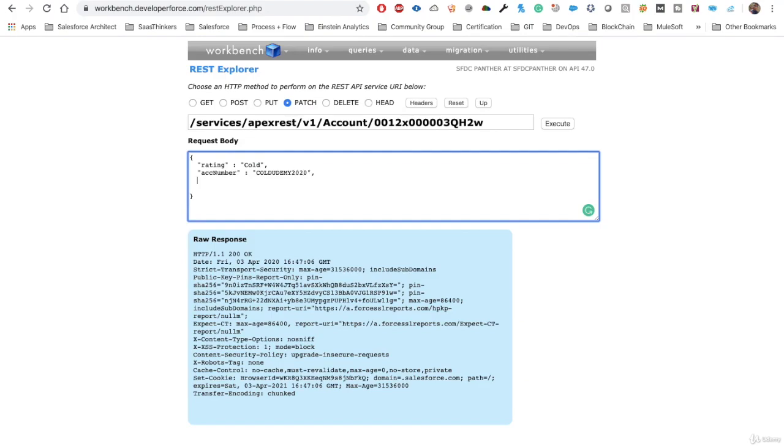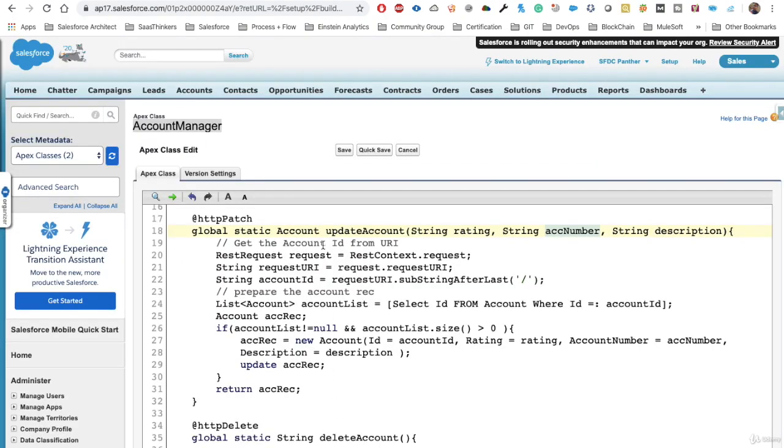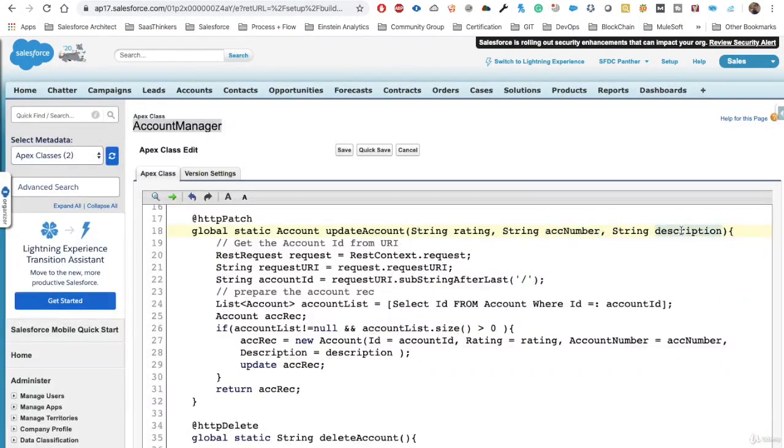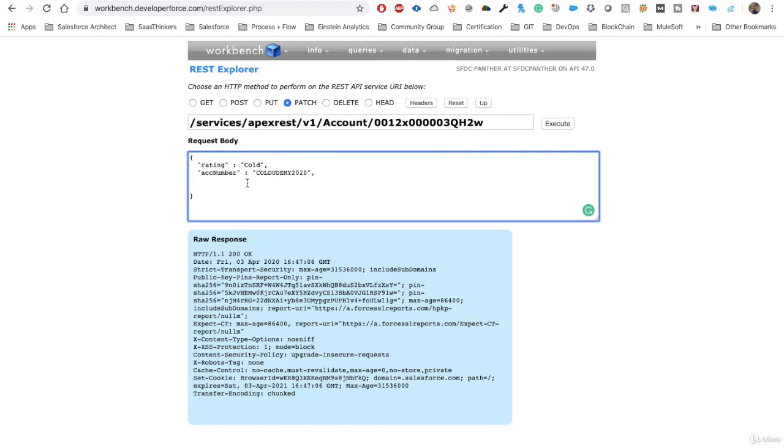And then description. We do have a description for this account, like some random strings, but we wanted to provide a valid description. I will say here that it was updated based on some kind of request. So we can provide some random number as a request saying updated based on this particular request. Now let's quickly hit execute,